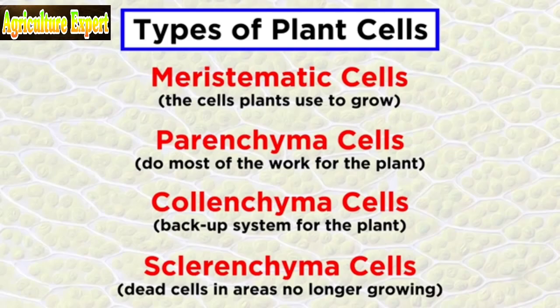So now we know about the four types of plant cells, those being meristematic, parenchyma, collenchyma, and sclerenchyma. But cells don't really